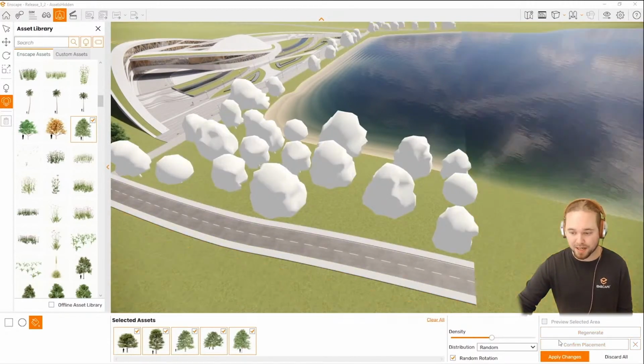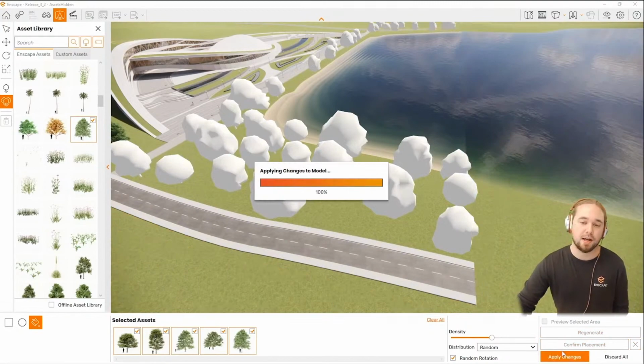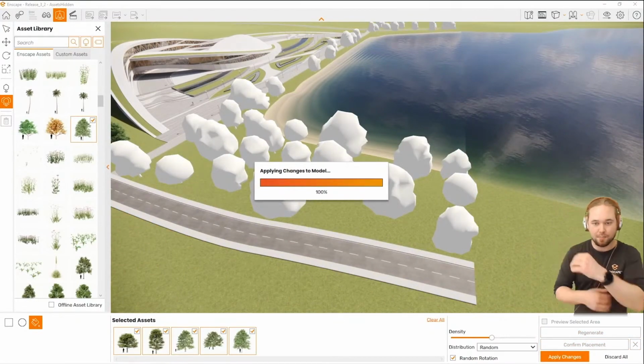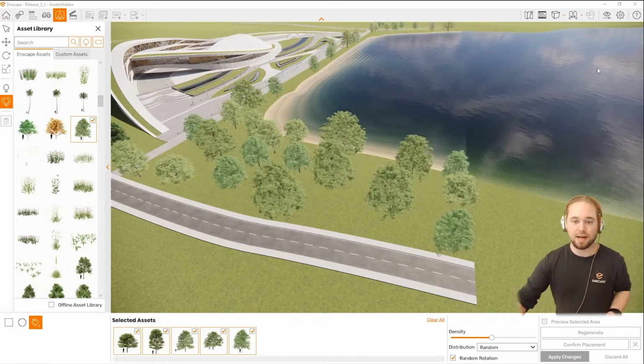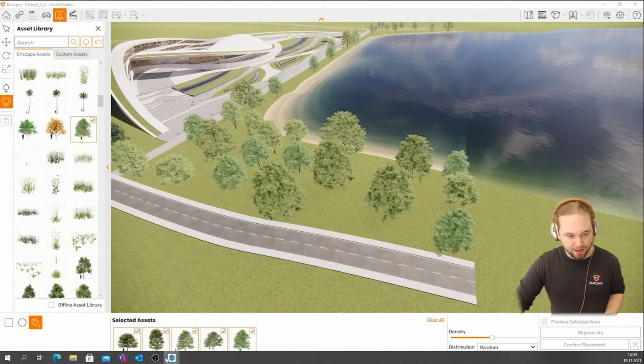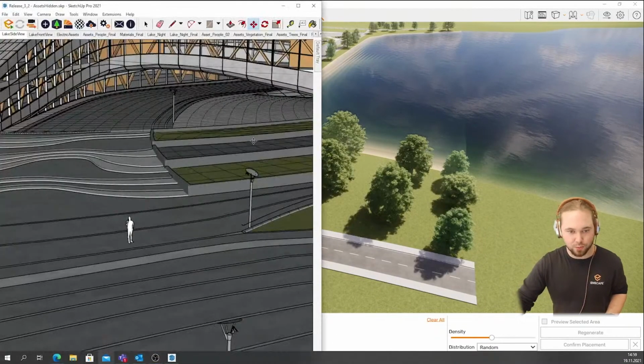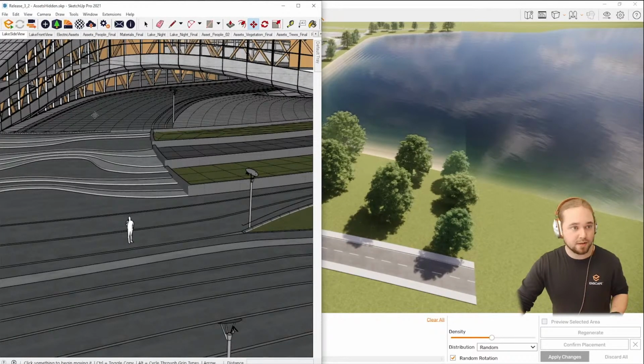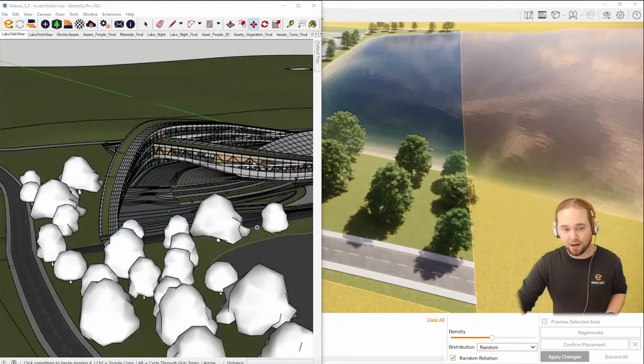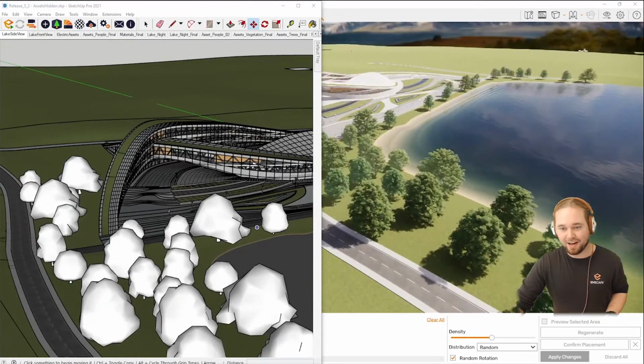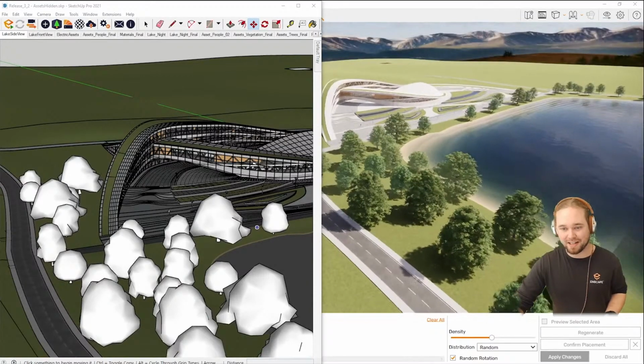But I'm just going to click confirm placement, apply changes, and we'll see those trees being loaded into SketchUp, so we can now review it, of course, here as well. And let's see, there we are. So a lot of manual labor done automatically and immediately here.